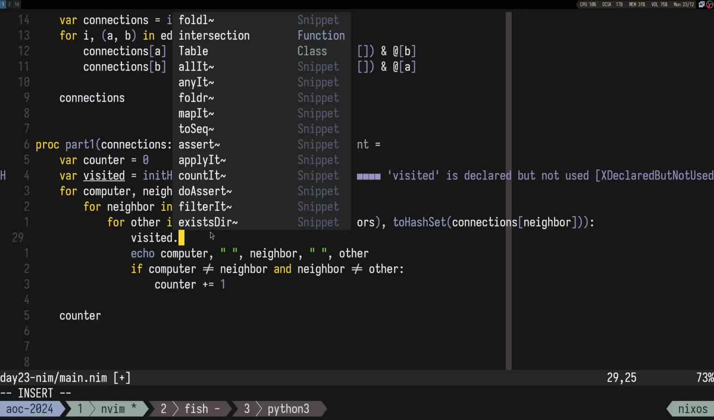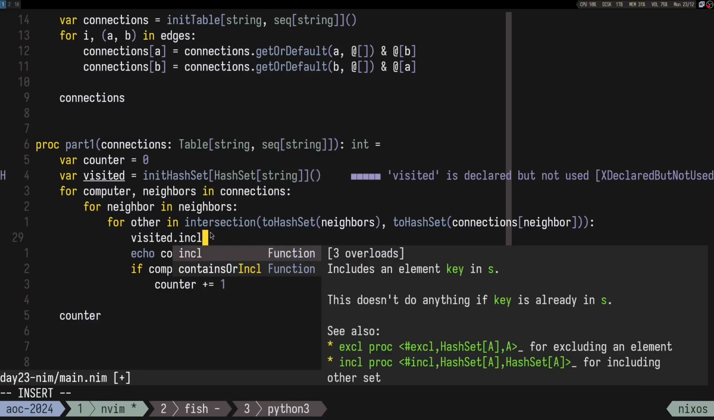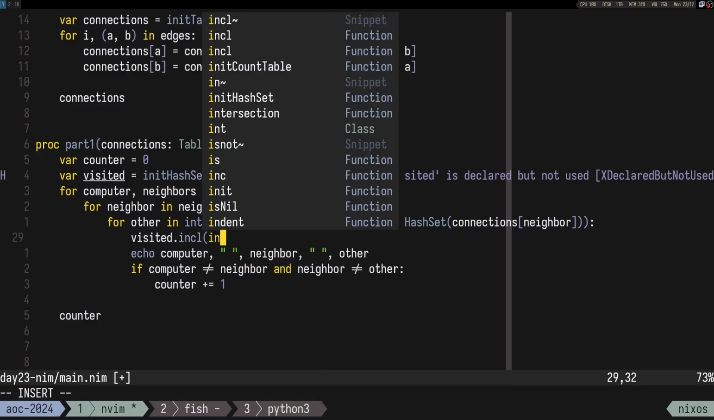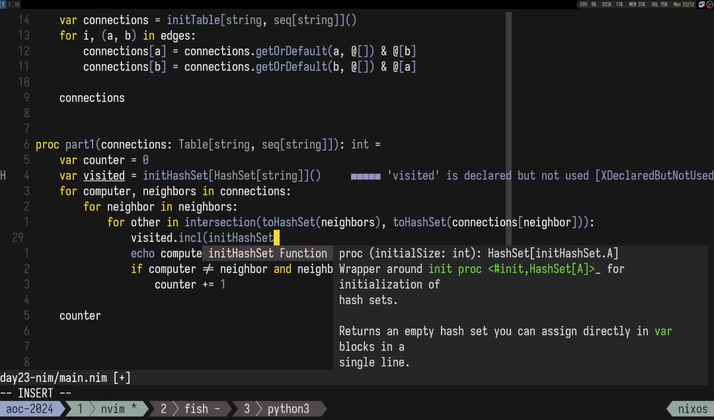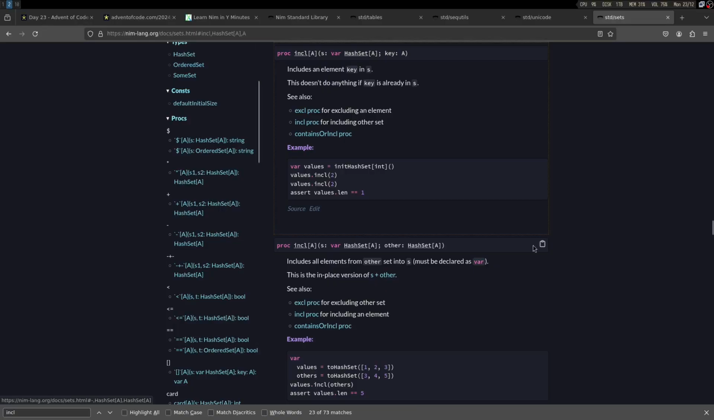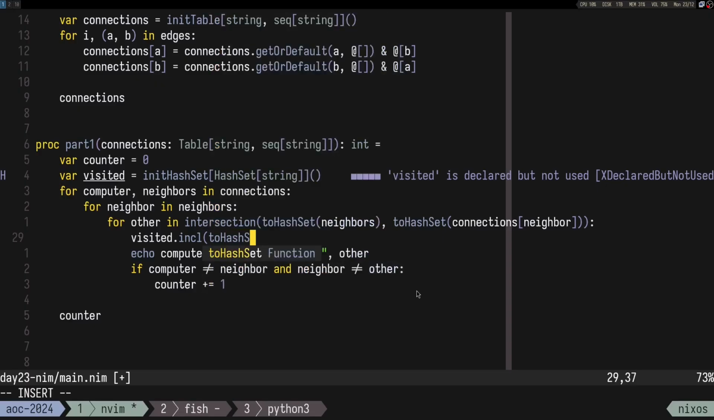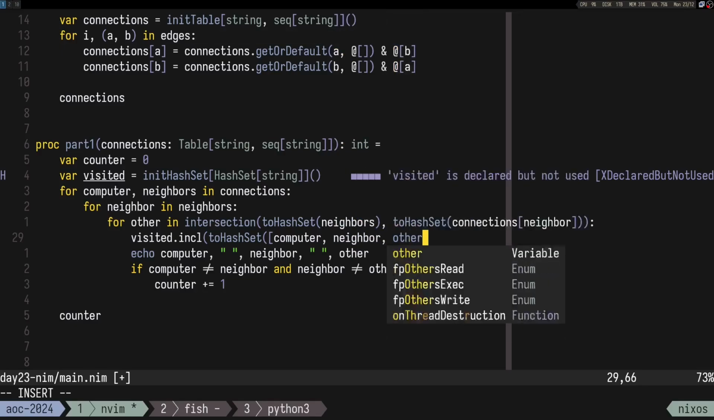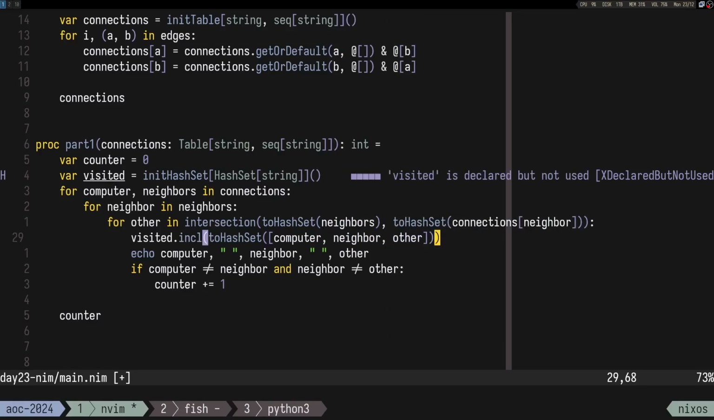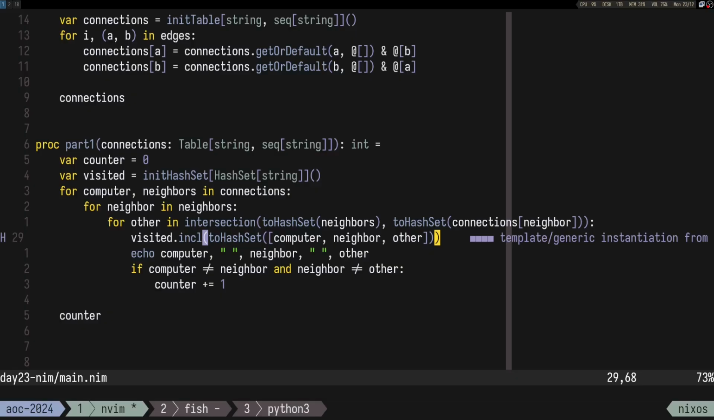Okay, a really weird name for it, but it is what it is. So init hash set. Can I just actually do hash set, and here we are gonna put the computer, the neighbor, and the third party basically. So we include all of these,